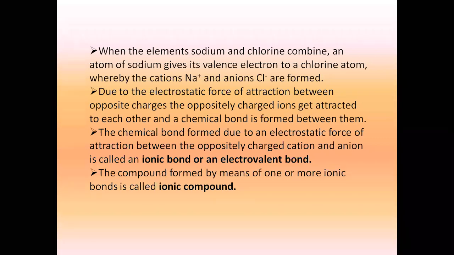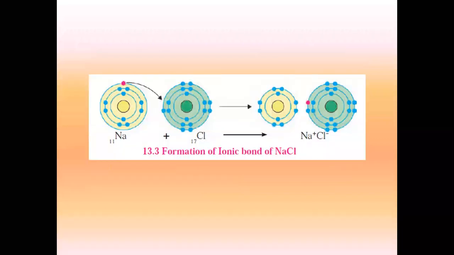Okay, very nice. So the diagram which I had shown you was for your understanding, but in the textbook they have given it in this way. Formation of ionic bond of sodium chloride. And here you can see, first they have drawn the sodium atom, then they have added the chlorine atom to it. You have to actually draw the atomic structure, students. Then they have shown with the help of the arrow that sodium is donating an electron, chlorine is accepting, and we get the formation of Na plus and Cl minus. Is it clear, everyone? Did you all understand formation of sodium chloride?